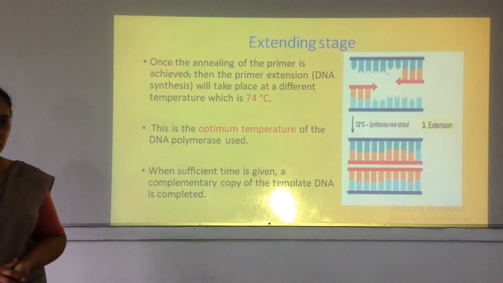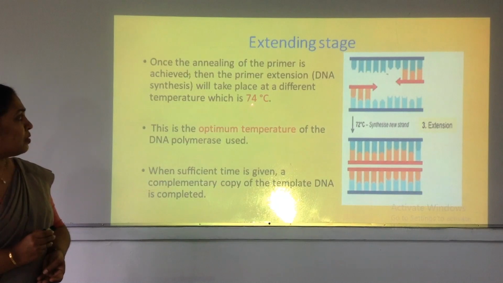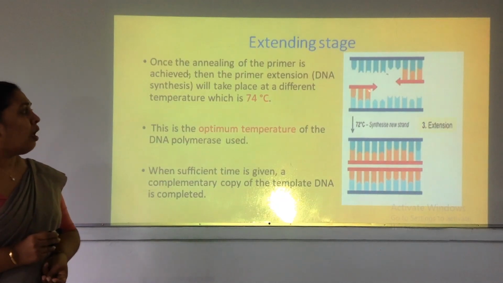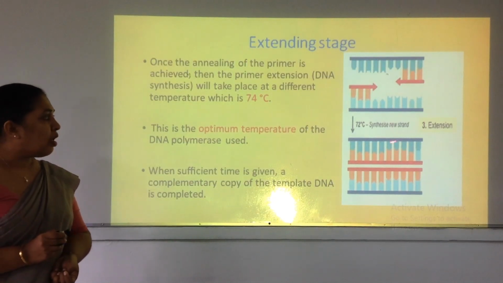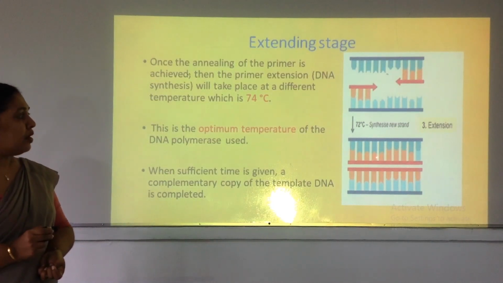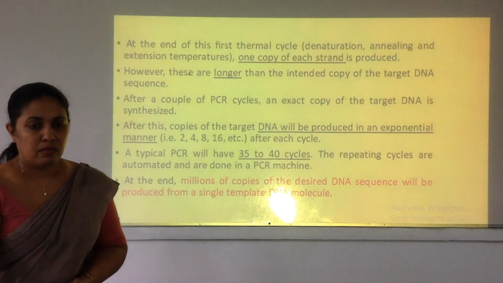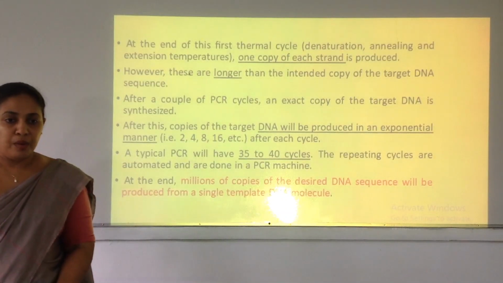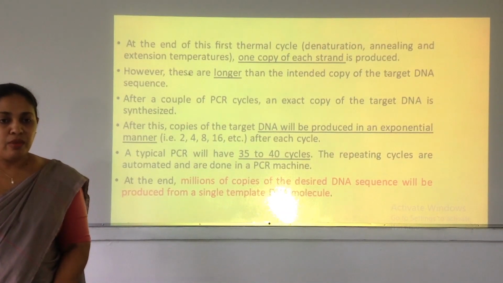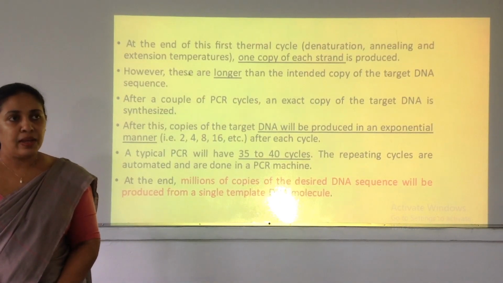And the extending stage is the third stage, and in that the temperature is rising to 74 degrees Celsius, and now the primer has started copying the new strand, and the new strand is synthesized there. It means the DNA is copied there. So this is the process, and it is a longer process, and usually in the first cycle, after the first cycle,